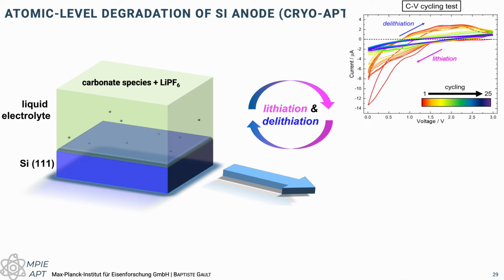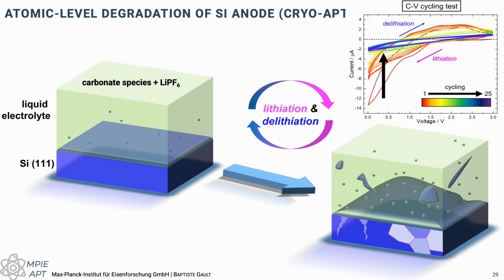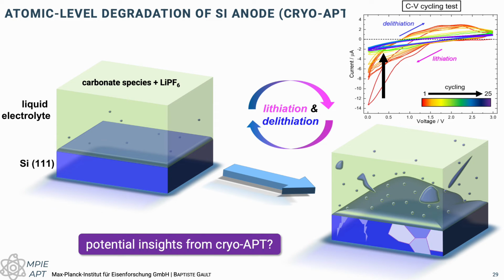So again, we made the battery, we cycled it, and you can see in this CV test that the first lithiation actually captures quite a lot of lithium, and as we proceed with cycles of lithiation and delithiation, the amount of lithium we can actually accommodate inside of the silicon anode just drops substantially. And over the course of lithiation and delithiation, we want to look at what are the different stages that are proceeding, and what can we gain as